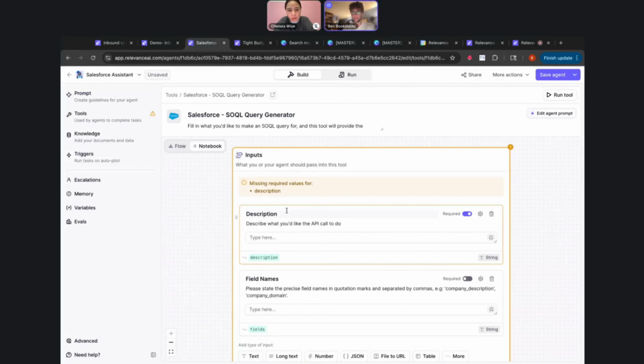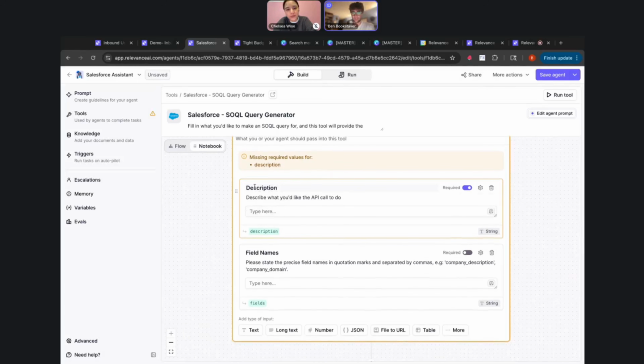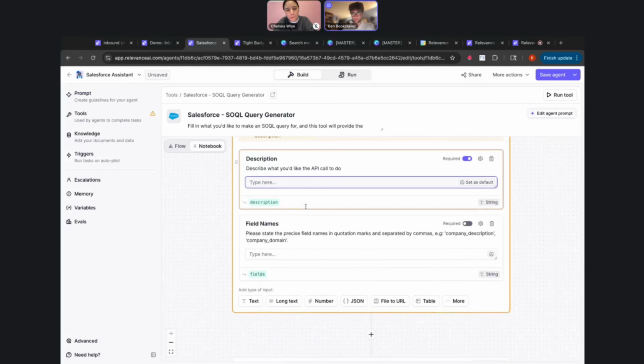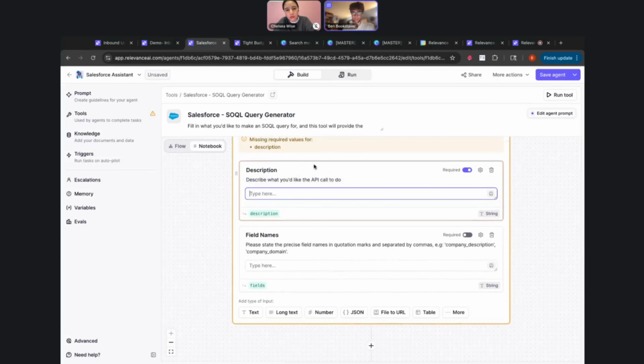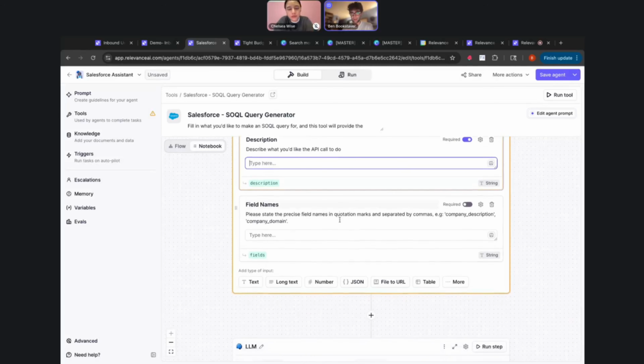So when the agent uses this tool, it does so kind of agnostically to any specific process outside of what the user is saying. So I guess a simpler way to say that is this tool is highly responsive to what the user is asking for, which makes it good for chat because the user is exclusively talking with chat, right? So when it runs, describe what you'd like the API call to do. You're essentially providing a description here where the agent will fill in exactly what should happen in this API call.